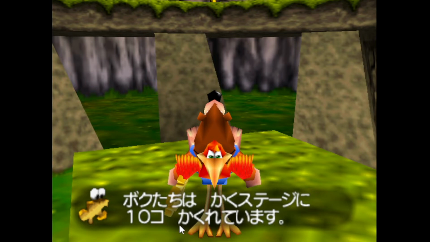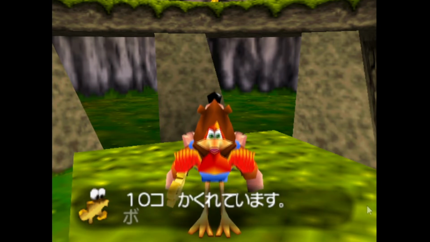Okay. Kakurete imasu. Kakureru then, I think, is to hide. Kakureru. And this is just, you know, again, just kind of present continuous, so are hiding. Yeah, so we, on like each stage, I think kaku here is each, so on each stage, 10 of us are hiding, basically.